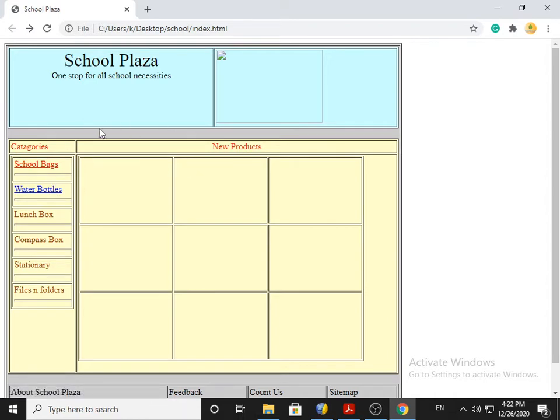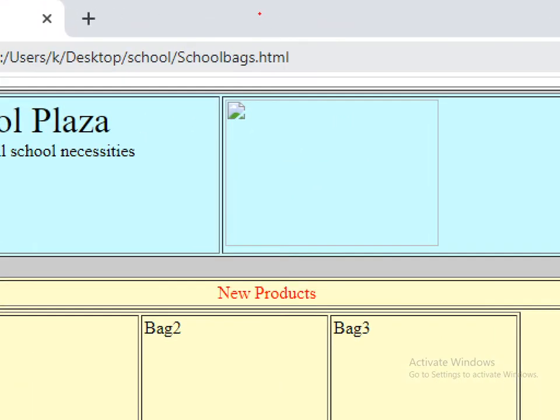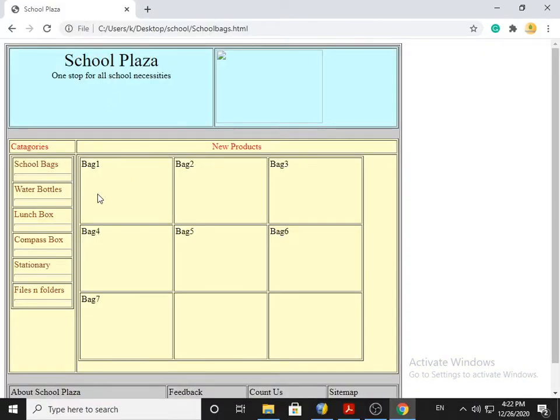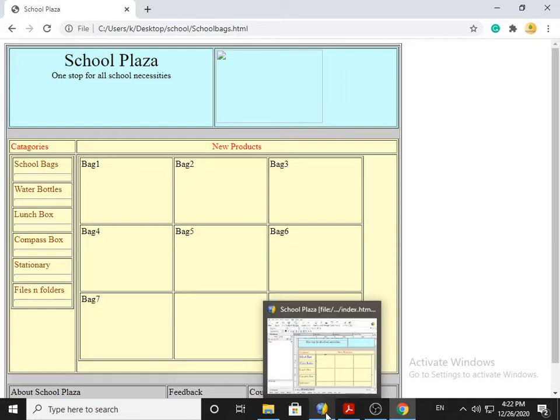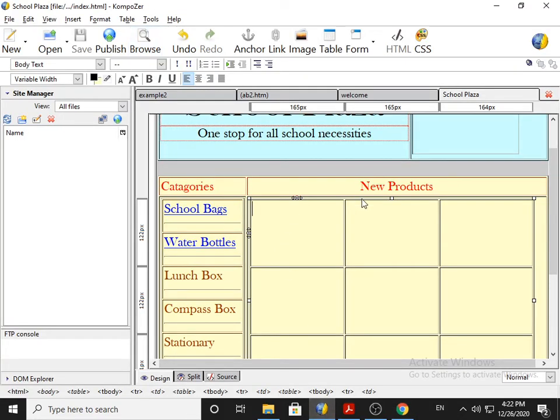But if somebody clicks on school bags, then from schoolbags.html, the file you can see on the screen, we require to prepare the link of water bottle also. So in likewise manner you have to prepare all the links for all the files. How? Look at this.